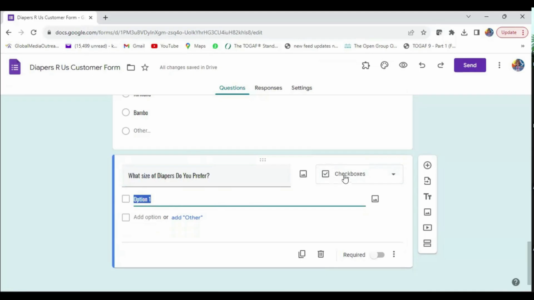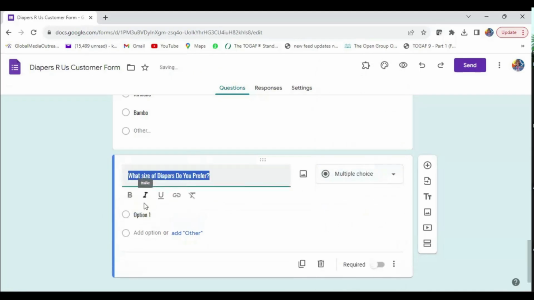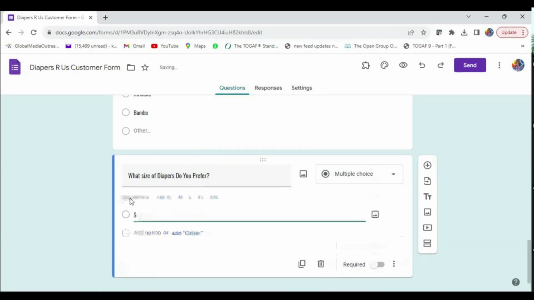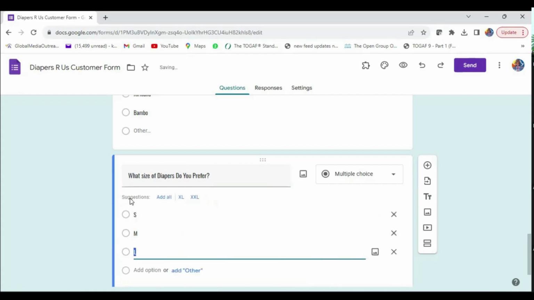Size. Who can tell me why we use check boxes? Medium, large,